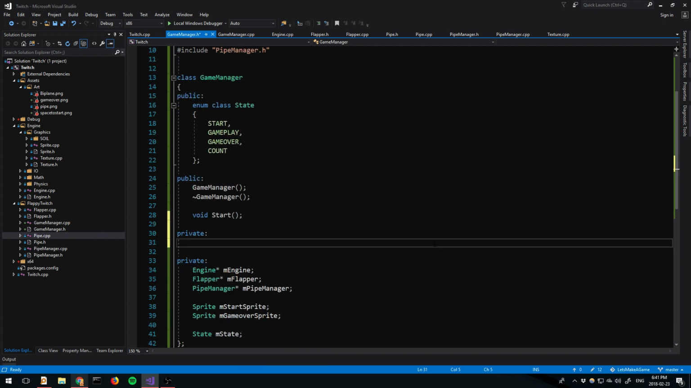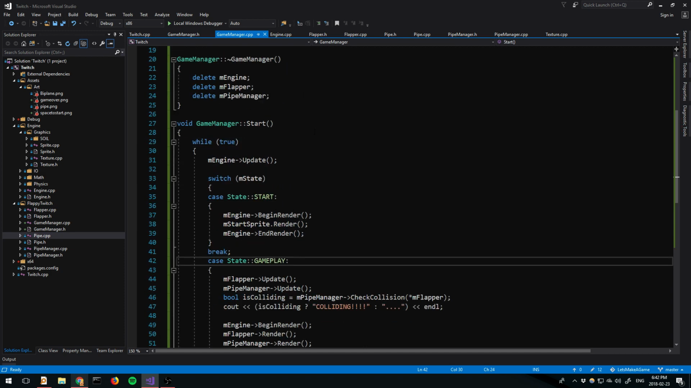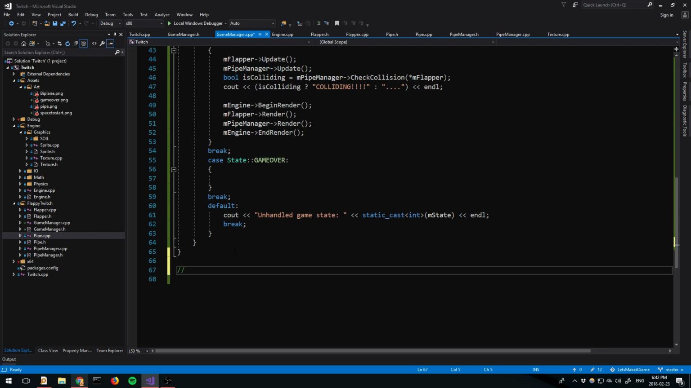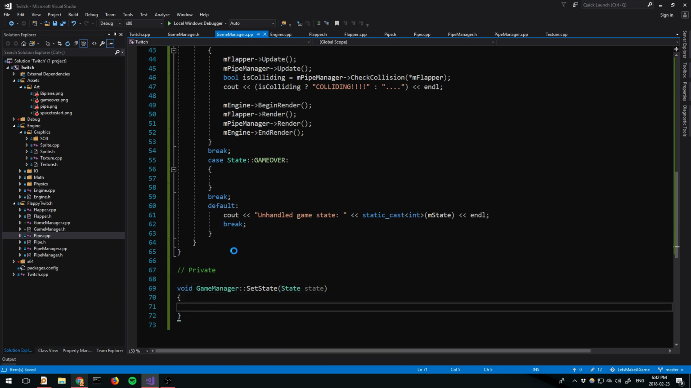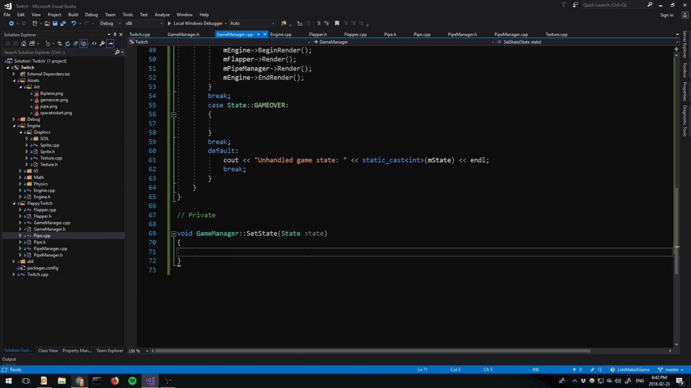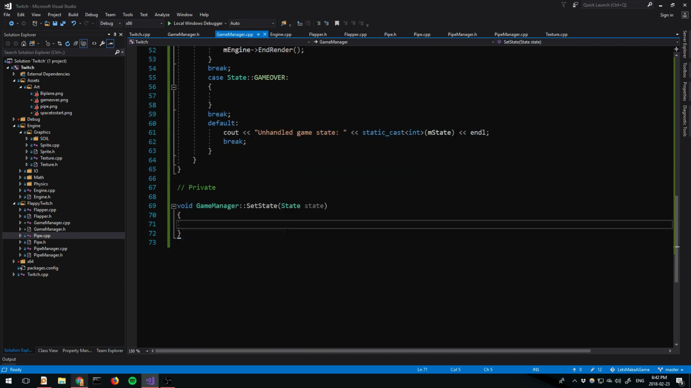Now when we're moving states though, we'll want to have a private method that does that for us. And the reason for that, and I mean it doesn't have to be private. In our case it will, because we know we don't want anybody else changing our state for us. Like Game Manager will handle changing its own state. So the reason we want a set state method is so we can do cleanup and setup or whatever when we're moving between states. So I can do mstate equals state,